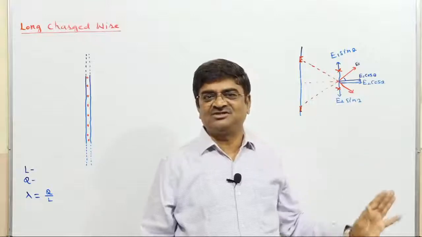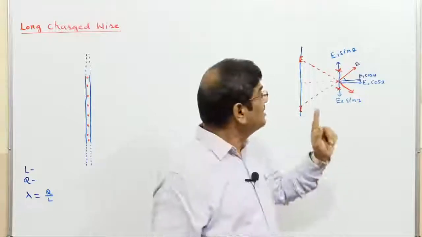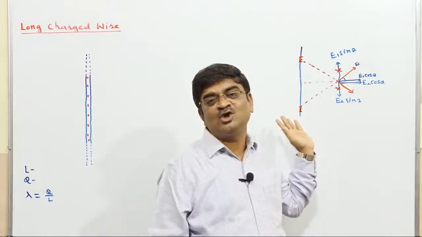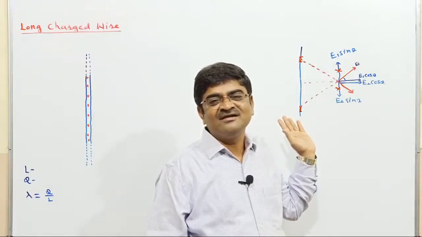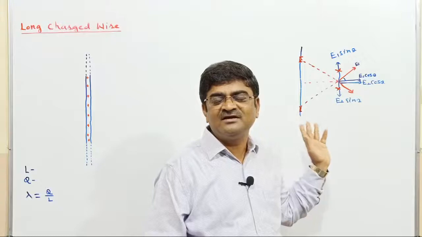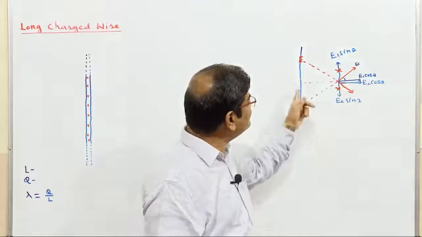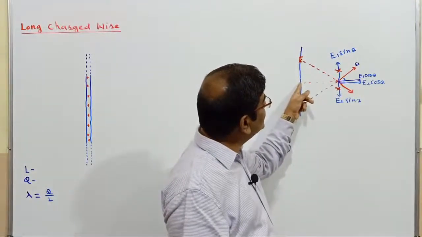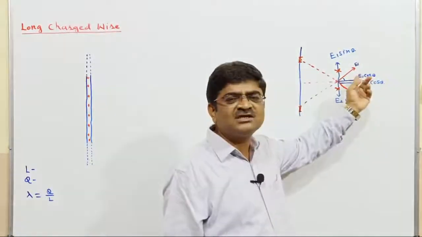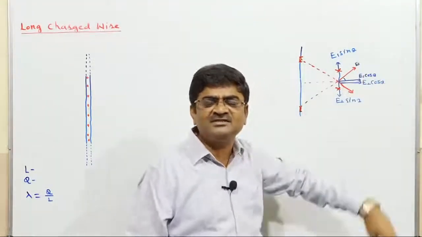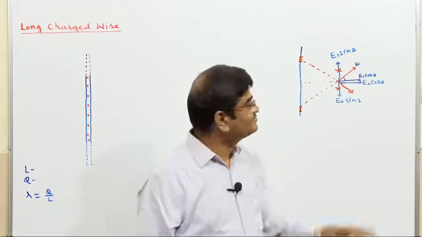So the inference, the conclusion of this discussion, which I would like to bring to your notice, is that if I try to visualize the electric field due to such a long wire, I am going to get electric force lines due to this wire radially outwardly directed. Because I can see very clearly, with respect to this portion, if I try to draw the electric force lines, I am going to have them along this line, because only the cos components are getting added. The direction of electric intensity is perpendicular to the wire, you can say.